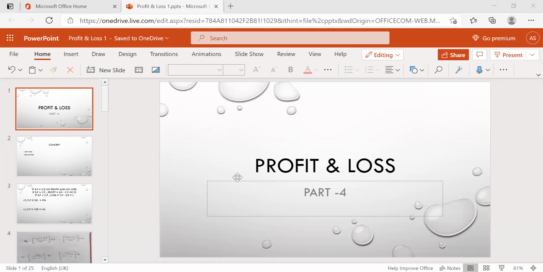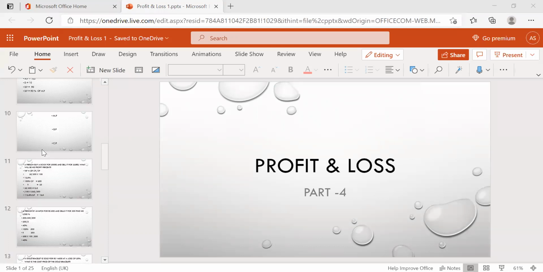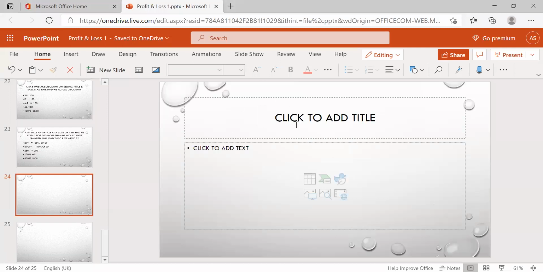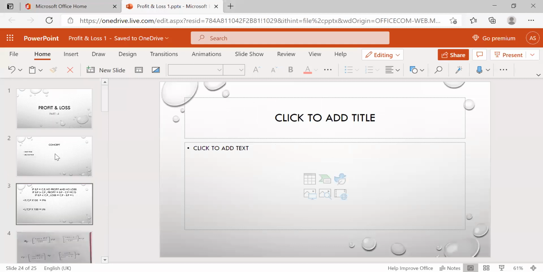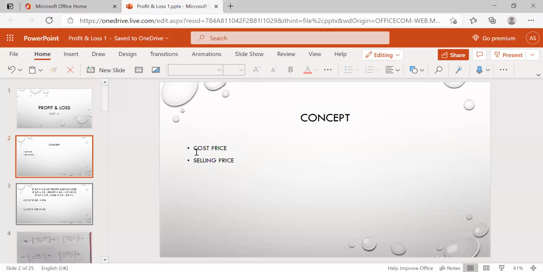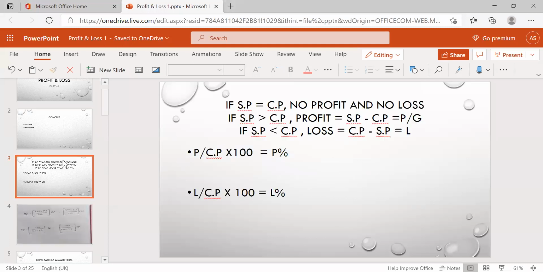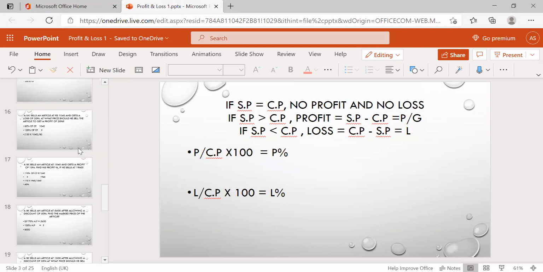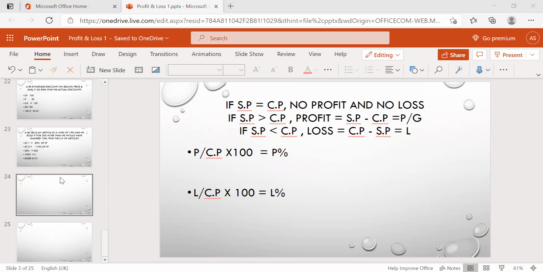Yesterday we saw many different types of problems, so we are continuing that. If you solve many different types of problems, you will become a master in profit and loss. The concept is the same. First, what we discuss is very, very important: what is cost price, what is selling price, and what is mark price and discount. Based on this only, the questions will be asked. Sometimes they will ask in a tricky manner, so you need to understand the question and try to solve it with the percentage method. It is easier if you solve it that way.